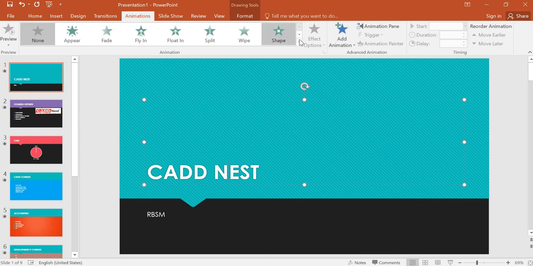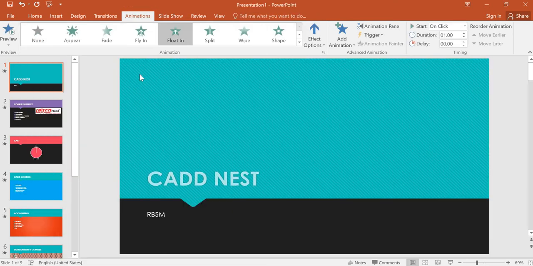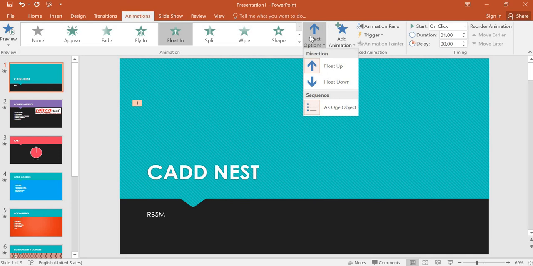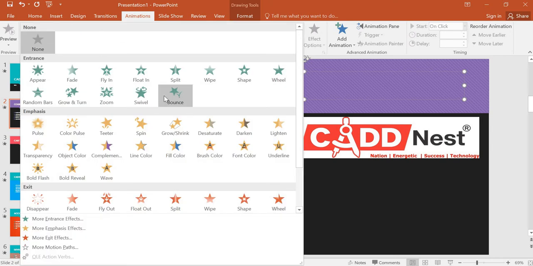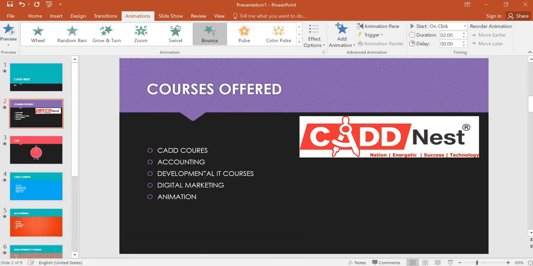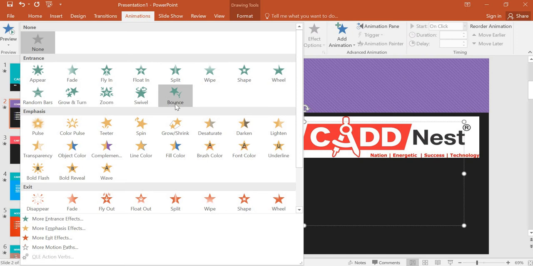I'll select the text. In the animations, I'll have more options, such as entrance, emphasis, exit, and something else. There is no compulsion that you have to apply the present animations to the first slide or second. You can choose anything as per your requirement. I'll go with floating, and same as your transition, you can go for giving the effects. It might be float up or float down, so your choice. Select the text box and then apply the animations.